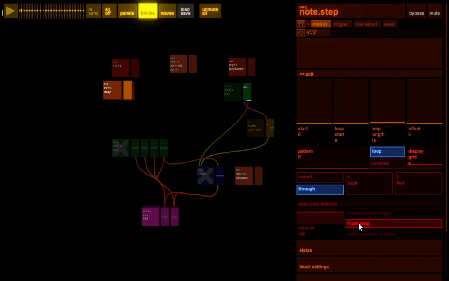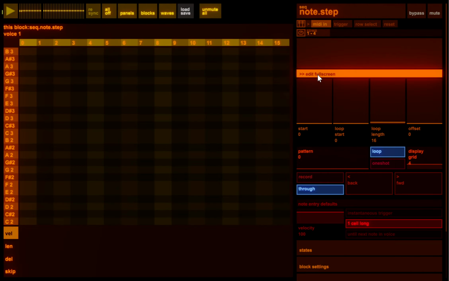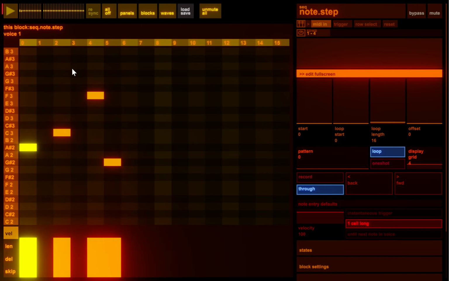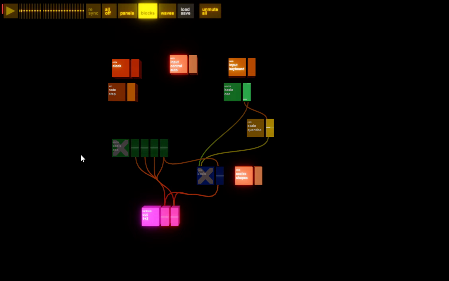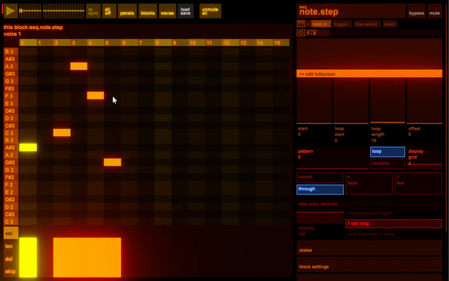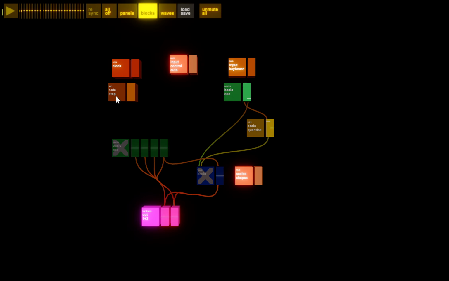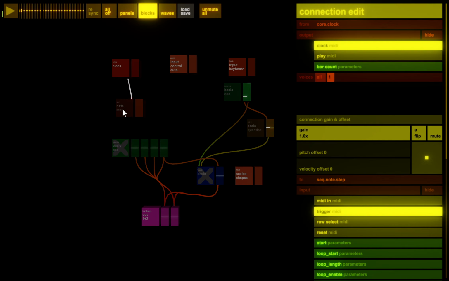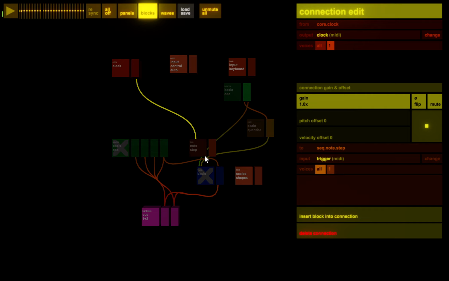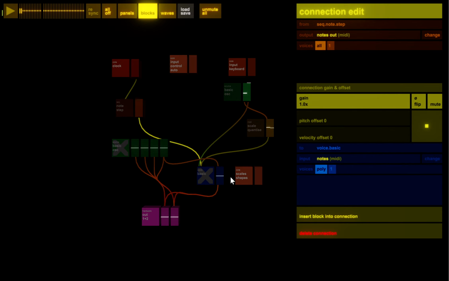Blocks can, as well as all these parameters here, look, there's an edit here, and it brings up a full page kind of editor where you can put in a sequence. You can double click the block to bring that up as well. Anything that's a sequencer generally expects to get a clock and then be routed to that.